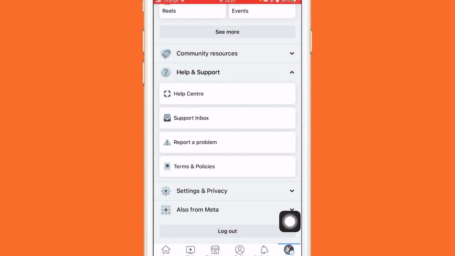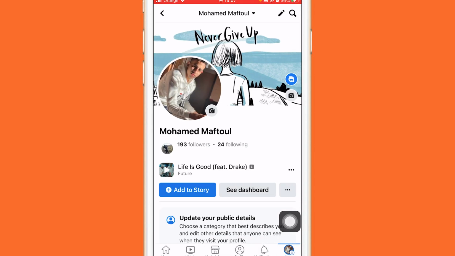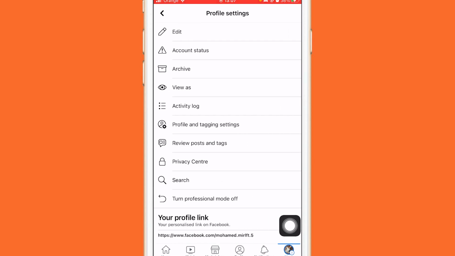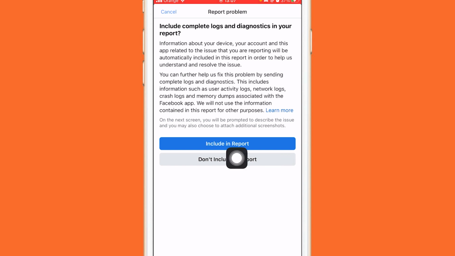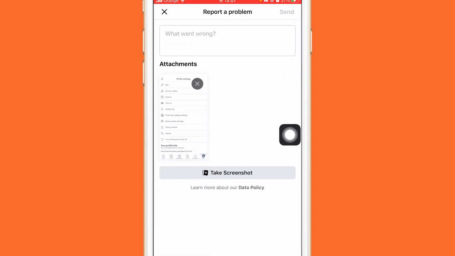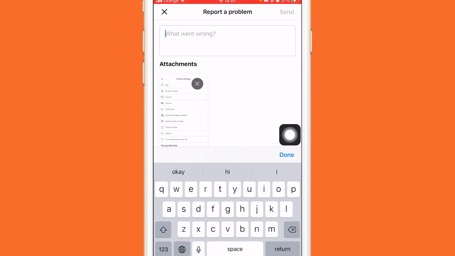Now go back, okay, here, and then click on three little dots next to see dashboard. Click three little dots, and here you wanna shake your phone, okay, move it like this quickly. Move it and you will see this pops up. Now what you want to do guys, you want to click on report a problem and click on include in report. And here what you want to do guys, you want to just click